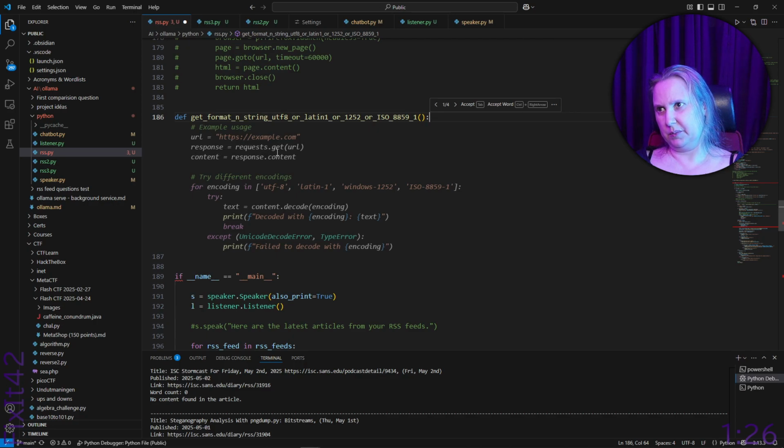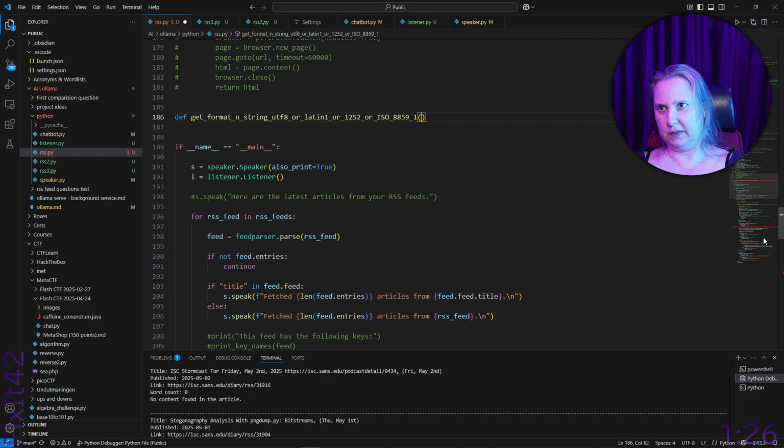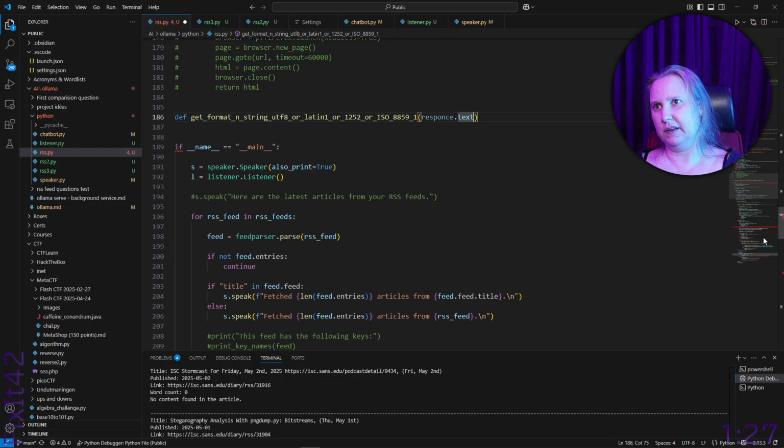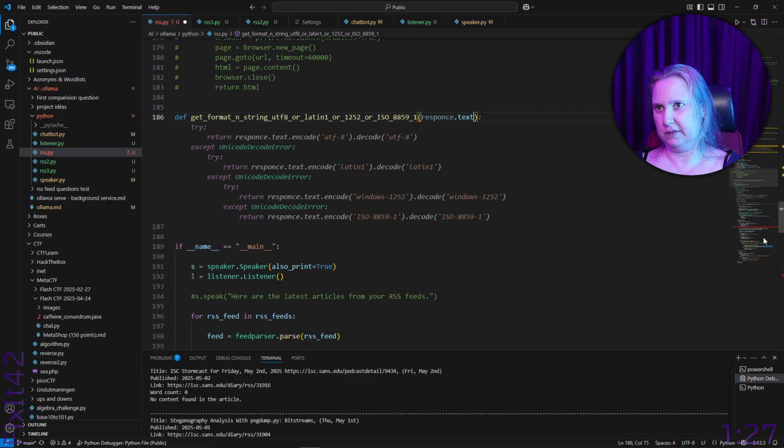URL example content. Let's actually add response.text, and then we colon it. Was there something else when we did the text here? No, it is the same. So try response text. So it did what I wanted. Good. We don't need to